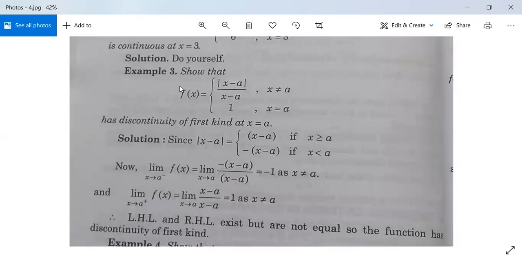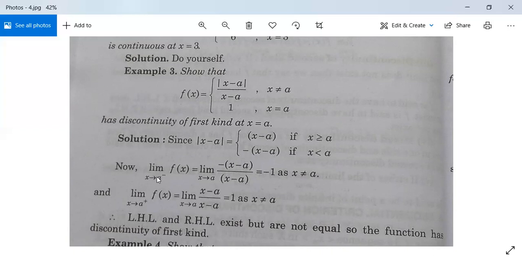इसके बाद एक एग्जांपल ये बढ़िया वाला है कि f(x) = |x − a|/(x − a), x is not equal to a and f(x) is 1 when x = a has discontinuity of first kind at x = a. देखो, since |x − a| can be written as x − a if x is greater than or equal to a and it is −(x − a) if x is less than a,